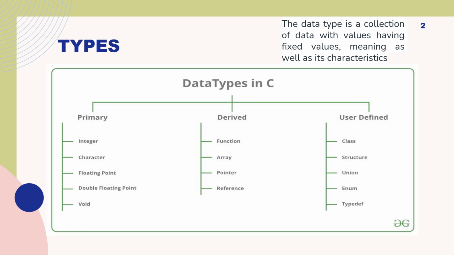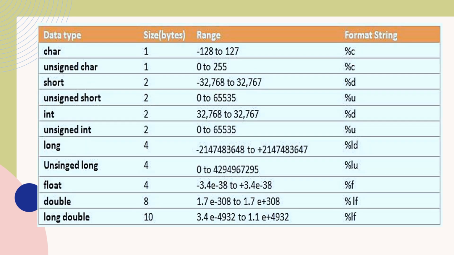There are different data types. You have the primary data type, you have the derived data type, and you have the user-defined data type. And here in this series, we will be discussing the primary data types, which are integer, character, floating, double, and void. So here you can look into the different data types with its size and range and how it is specified